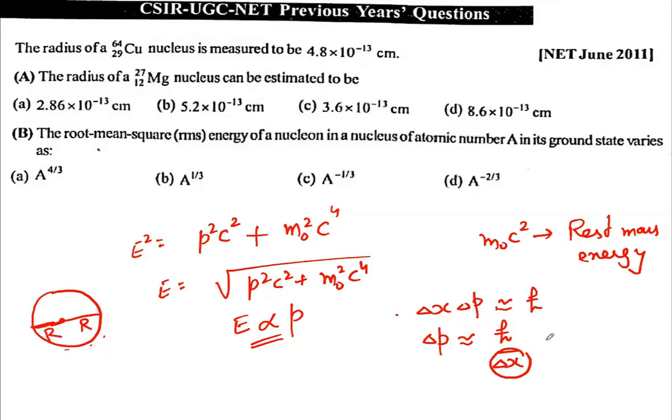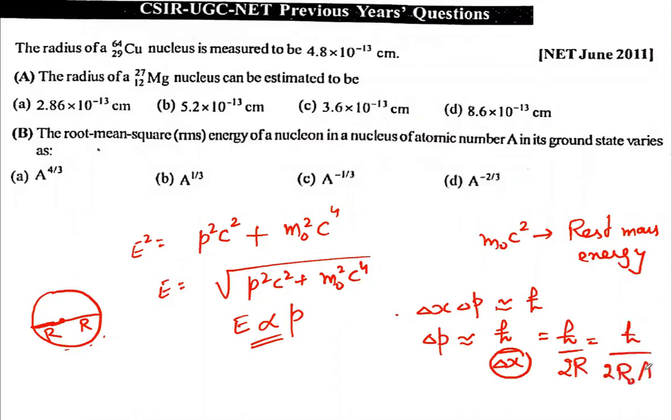So the value of delta x, as long as these nucleons are in the bound state, present within the nucleus, is of the order of 2r. Here we consider delta x as the maximum change in position of these nucleons, of the order of 2r,